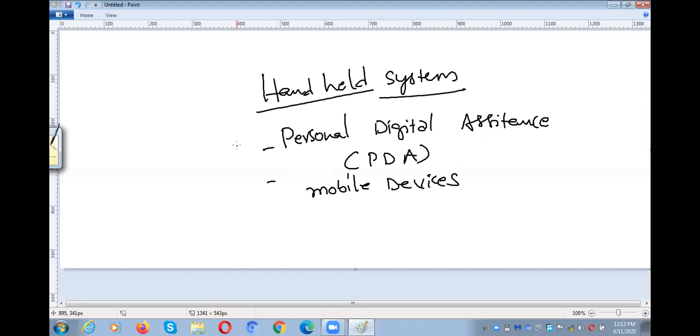So what is the difference between desktop systems, that is personal computers, and these things? The difference is the small screen, right? A mobile phone has a small screen when compared to your desktop, right? Small screen and limited memory